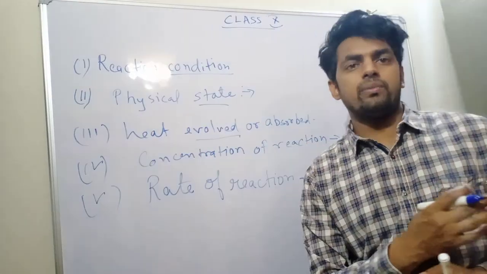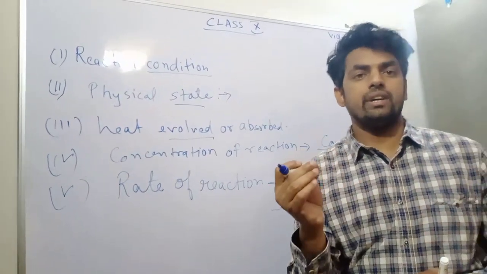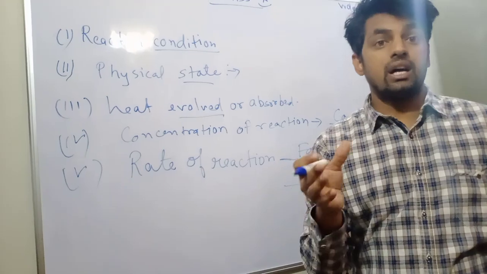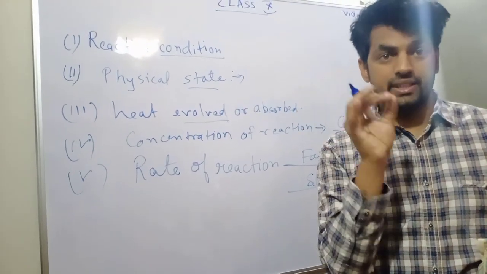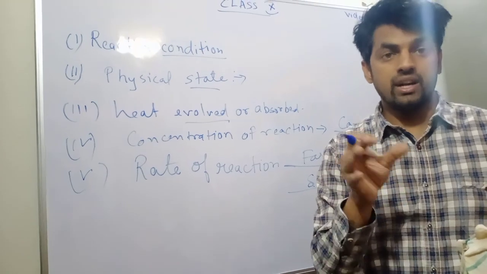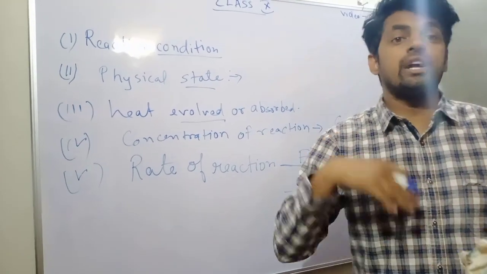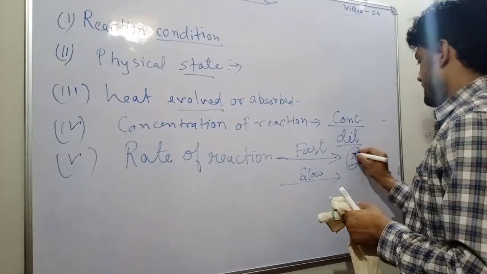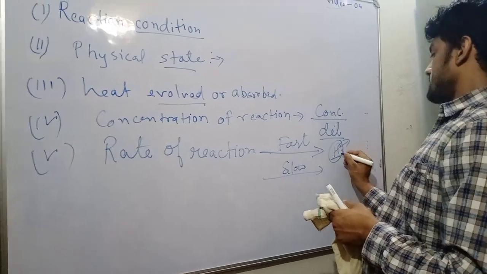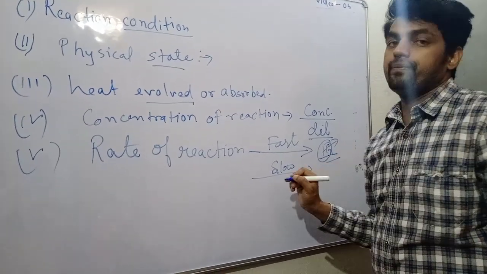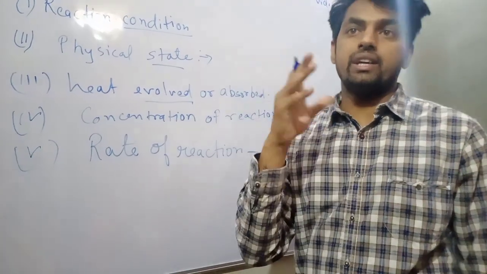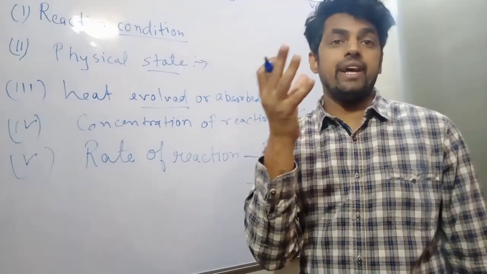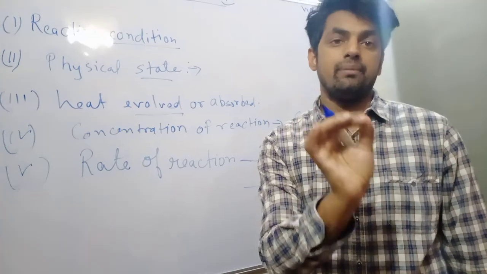Two more kinds of information we can give: quantity and quality. Quality means what? If hydrogen is present, it is a quality. Nitrogen is present, N, quality. And the number of hydrogen or number of nitrogen present, that is a quantity. Writing H here is quality, and how many? It's 2, that is quantity. In a given reaction we can also inform about concentration and the quantity and quality of elements taking part in a chemical reaction.